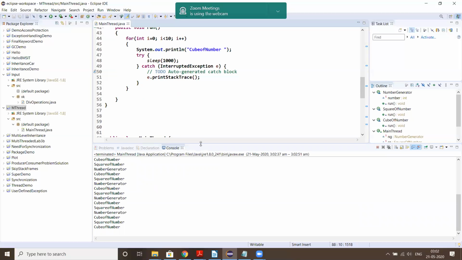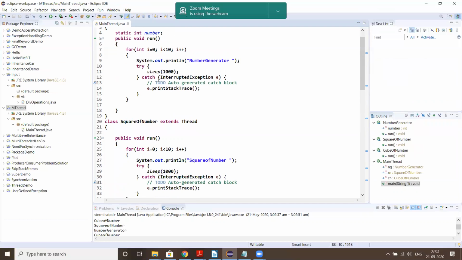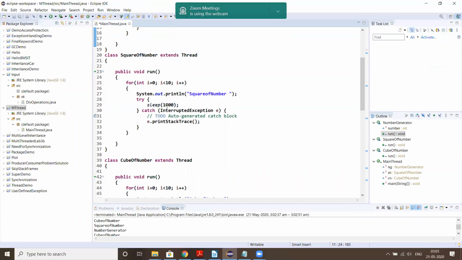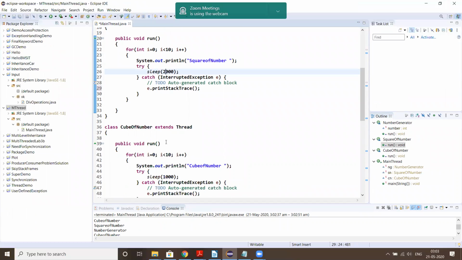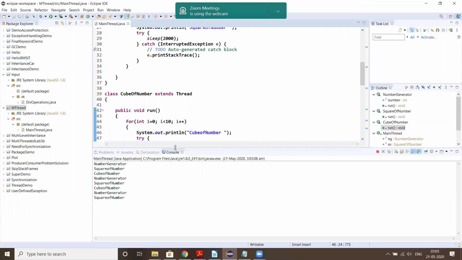Still, I can introduce more delay to understand better. So instead of 1 second, I can say 2 seconds delay. So let me rerun. So you can see that they're getting executed one after the other.